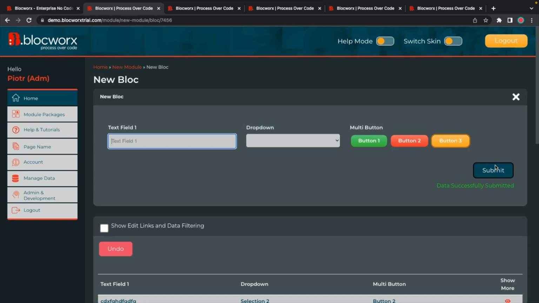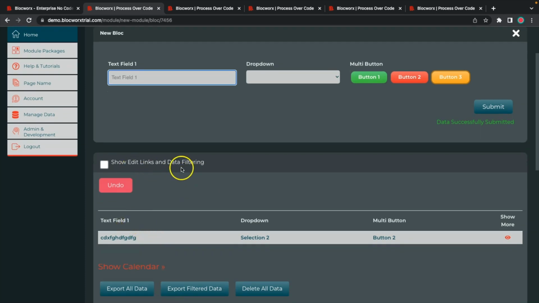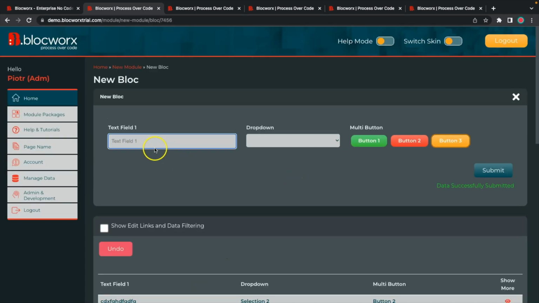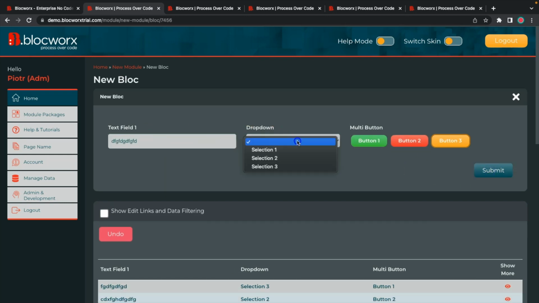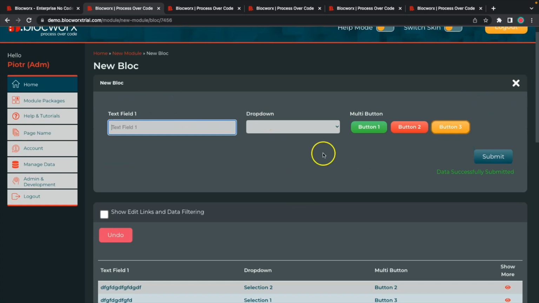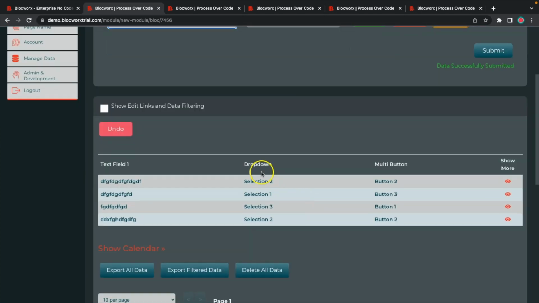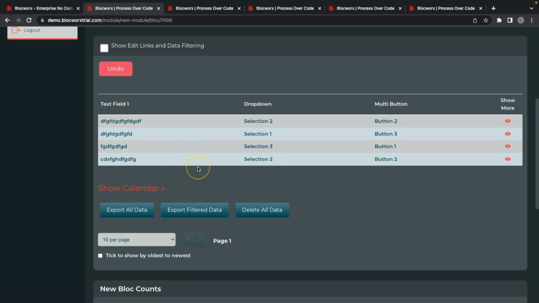After pressing submit, I can see the data on the bottom. So this is my preview of my records. Let's add a few more records. So my entry form, my records, and then there are elements on the system which are available straight away to